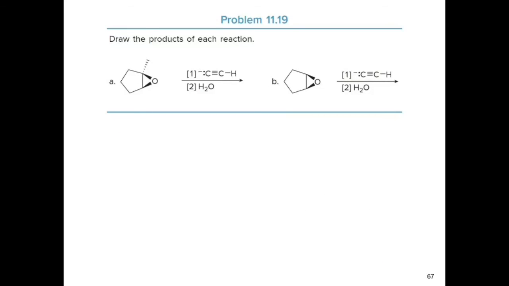Here's practice problem number 19. Draw the products of each reaction. So here you can see that we have an unsymmetrical epoxide. And so that means that this acetylide ion acting as a nucleophile via SN2 mechanism will attack this less substituted carbon atom, as shown here. And so what happens is it opens up this ring, which results in formation of